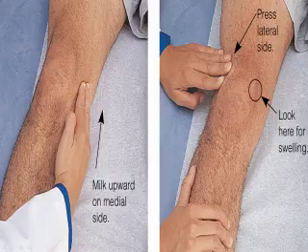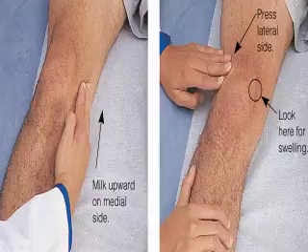Now, the bulge sign indicates fluid within the knee joint and can detect small amounts of fluid, but can be absent if large amounts of fluid are present as the joint is extremely distended. To check for a bulge sign, milk fluid upward with the ball of the hand at the medial aspect of the knee to displace the fluid upward. Press or tap the knee below the lateral margin of the patella. Look for returning fluid in the hollow medial to the patella.